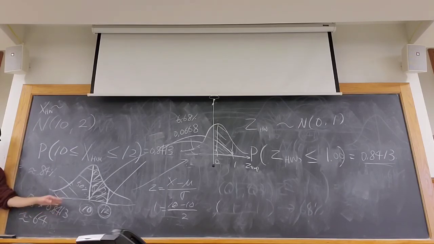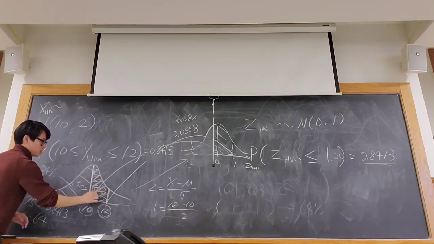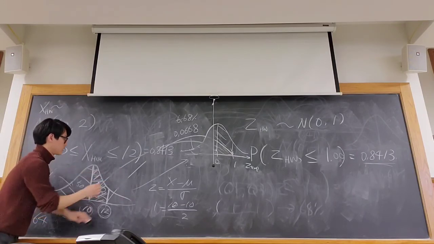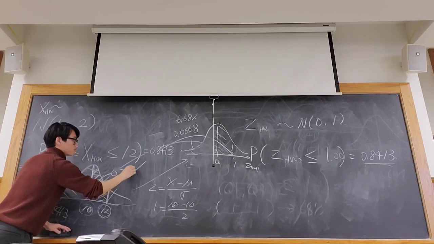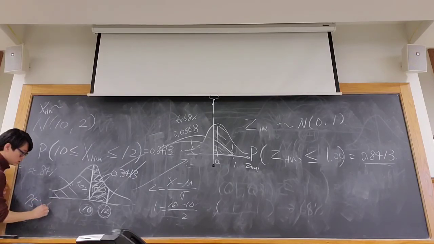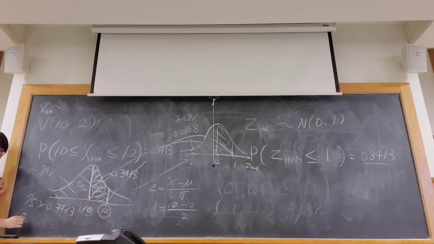So if you subtract the half, which is 0.5, you will get the probability corresponding to this one, which is this time 0.3413, right? And then same thing, since we already know 75 people there,